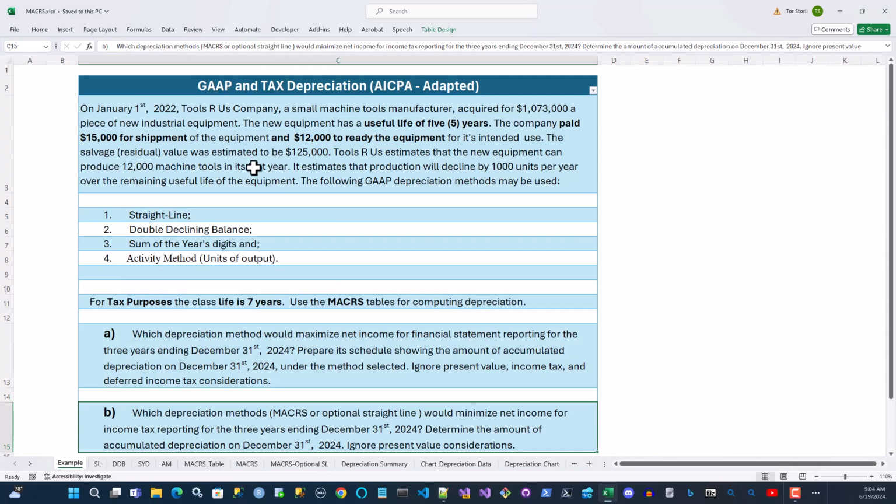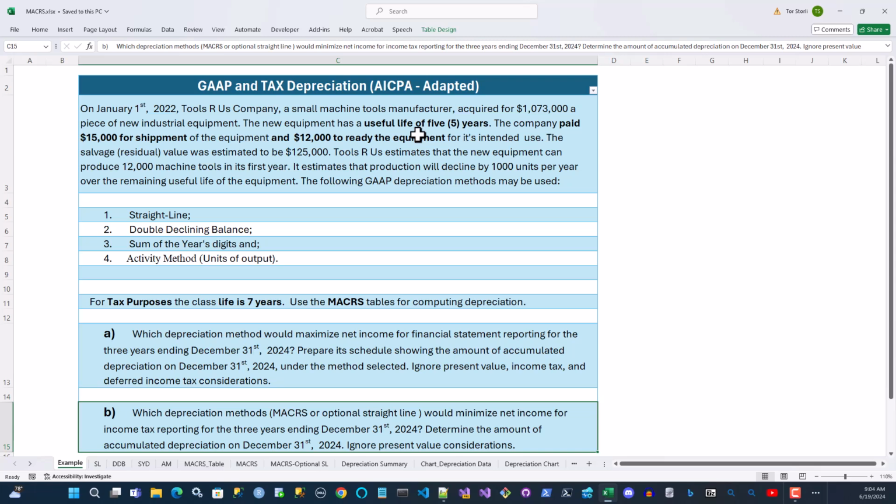I have an example here, so let's read through it. On January 1st, 2022, Tools R Us company, a made-up name, a small machine tools manufacturer, acquired for $1,073,000 a piece of industrial equipment. The new equipment has a useful life of 5 years, meaning for accounting purposes, the company paid $15,000 for shipment,